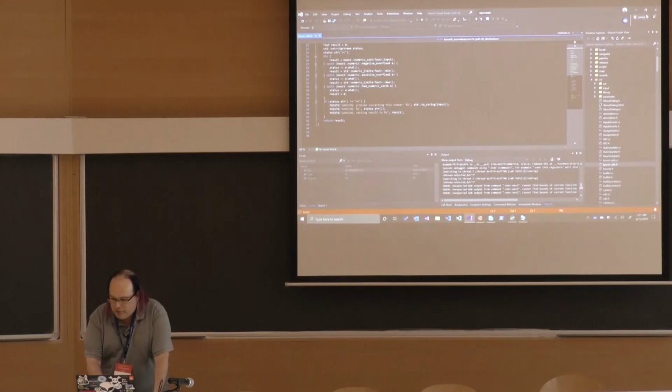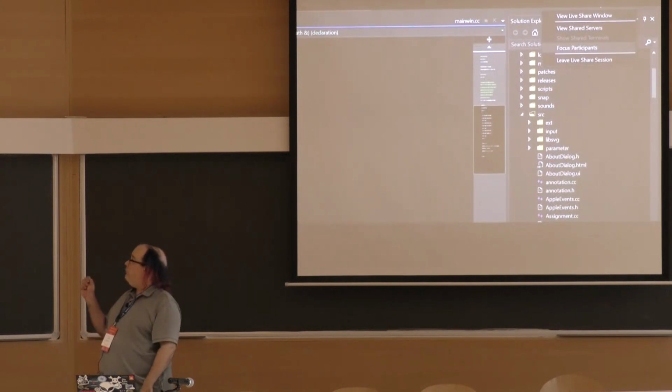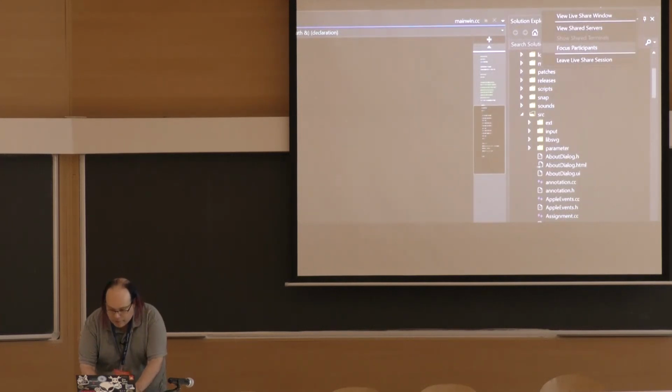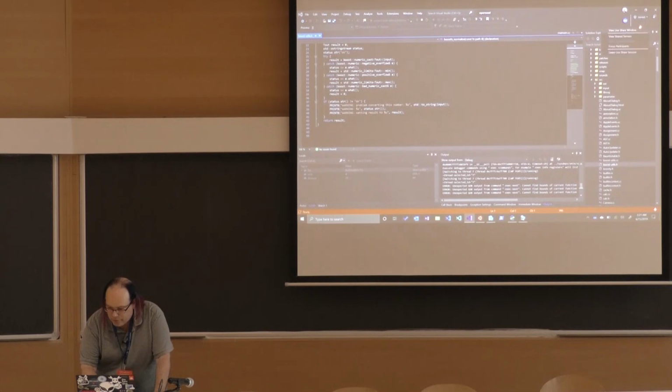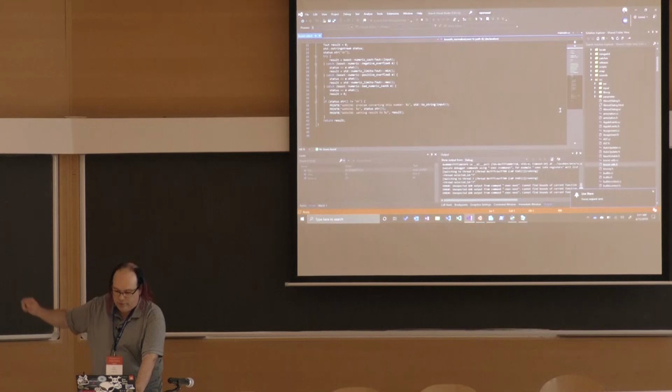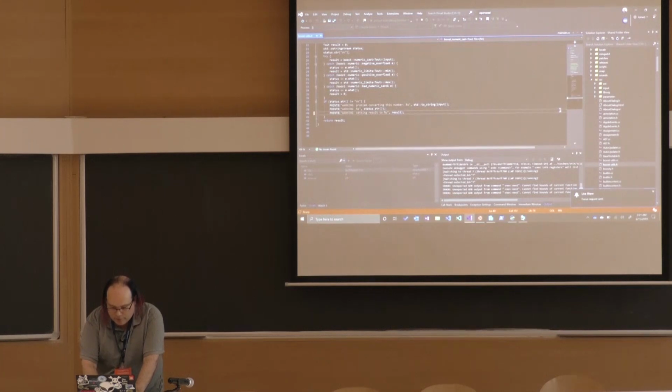And then one of the things you can do is come up here, and when you find what you're looking for, you can hit Focus Participants. What this is going to do when I hit Focus Participants is force everybody to look at the same file. So you see Live Share says Focus Request Sent. And so if I come back